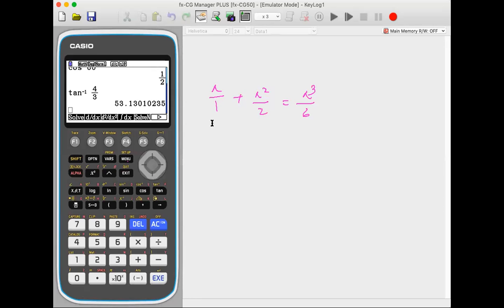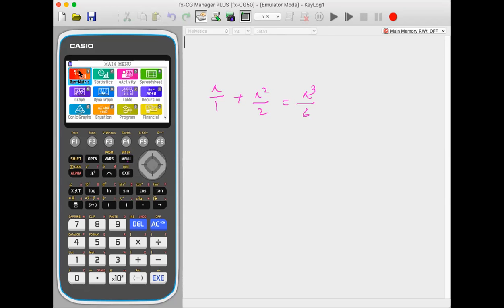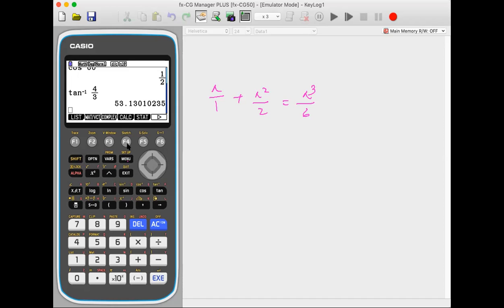While you're solving this, you can either use the calculator graph function, or you can use the nsolve function of the calculator. If you wish to use nsolve, you go to run matrix, press option, then you press calc and solve n. And here you type out the function, that is x over 1 plus x squared over 2 equals x cubed over 6. And now when you solve for x, you notice the x is